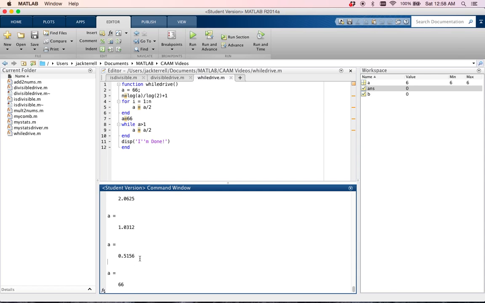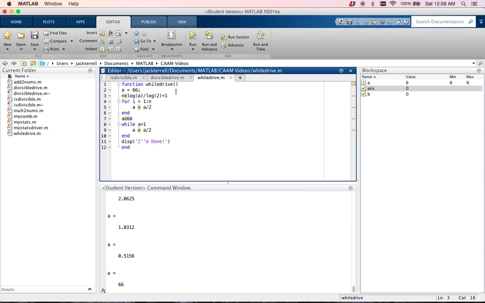And yeah, that does. So you could come up with some formula that would analytically tell you the number of times that you need to divide,